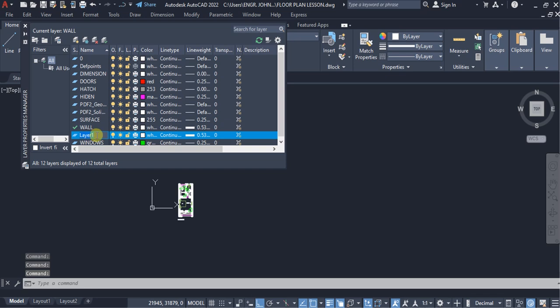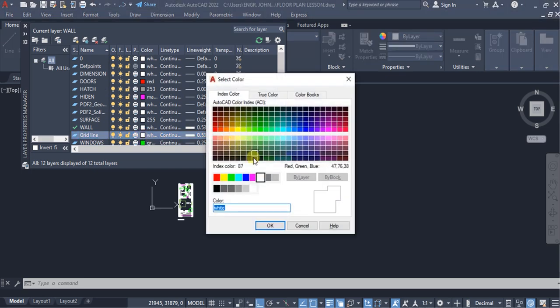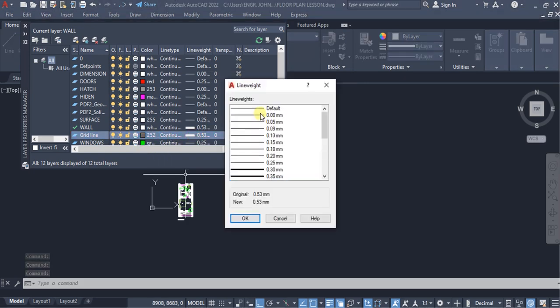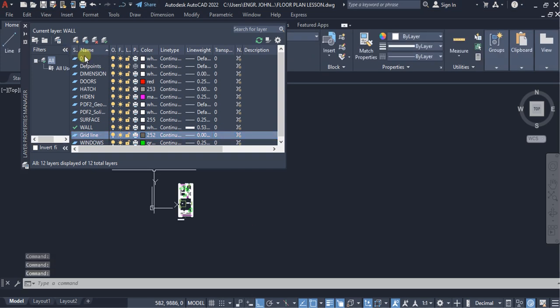Now I'm going to call these grid lines. So once you have done that, you can change the color to maybe something like this, and then the line weight, of course it has to be very faint as the dimension lines. So I click on that and OK, set it as current,